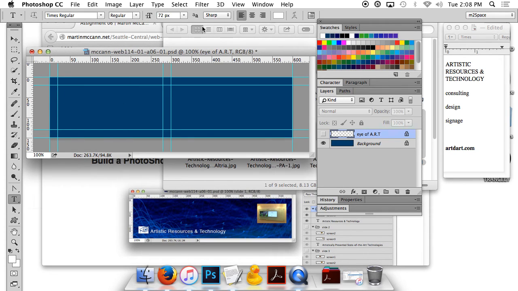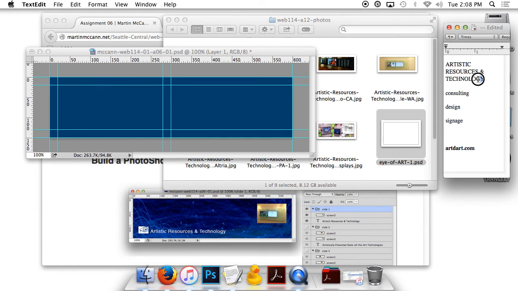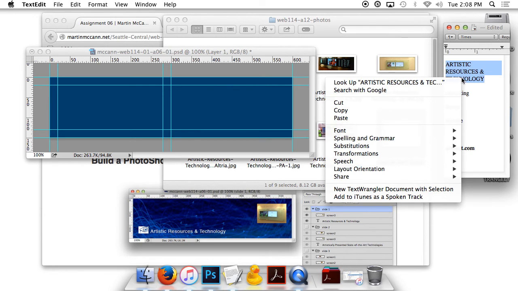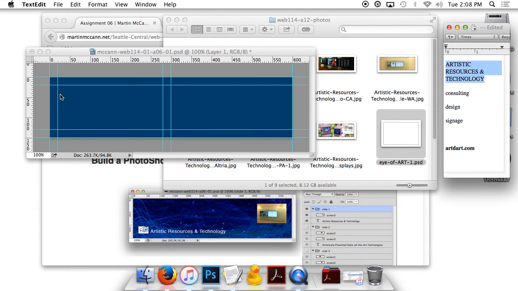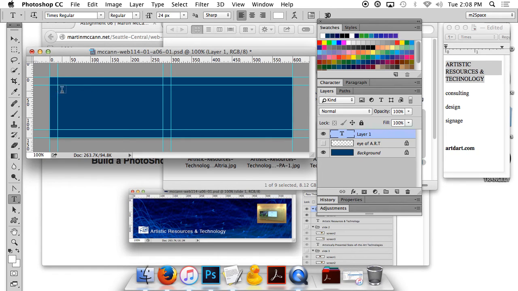Click OK. Also, make sure that the size of my text can actually fit within my environment. Let's go with 24 pixels just to see if it's going to actually fit. And also, before I start typing, I'm going to create a boundary box area so that I use up all that space I'm allocated. And then I'm going to simply go over to my text file where I have the text all ready to go. And I'm just going to copy that, right-clicking on that, come back in here, and double-click